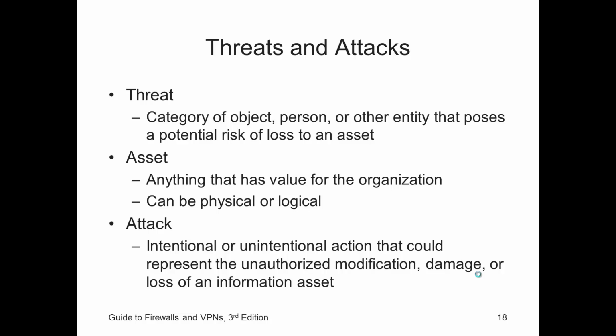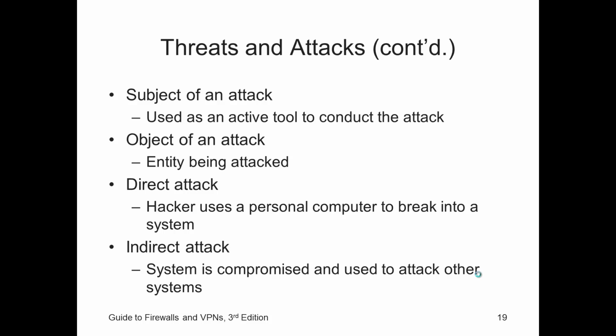An asset is whatever the organization needs to do its business. Whether we're talking data, hardware, software, people, systems, processes, those are all considered assets. So subject to object, you get the idea here. Direct versus indirect. Again, nothing really new here that we need to touch on, although sometimes people do get subject of and object of backwards. So just flat out memorize that, and you'll be good to go.